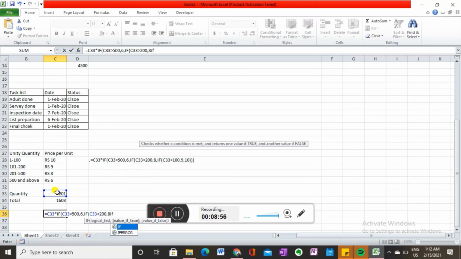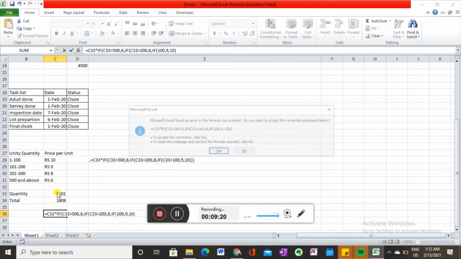IF statement: if your value is greater than 100, then cost is 9. Else, anything less than 100, the cost is 10. Just close the bracket and enter.